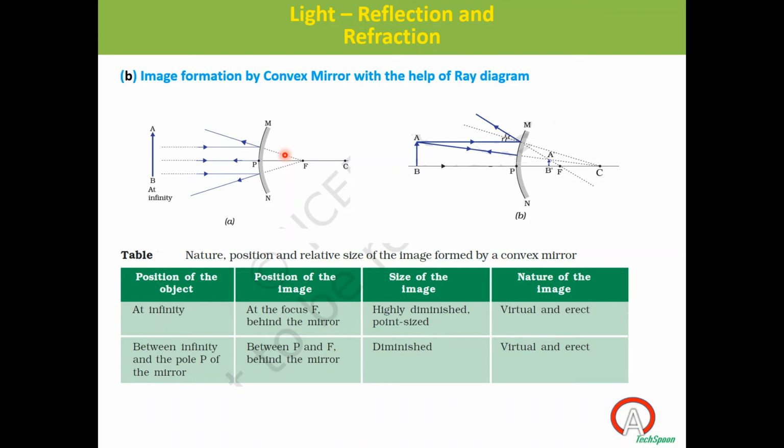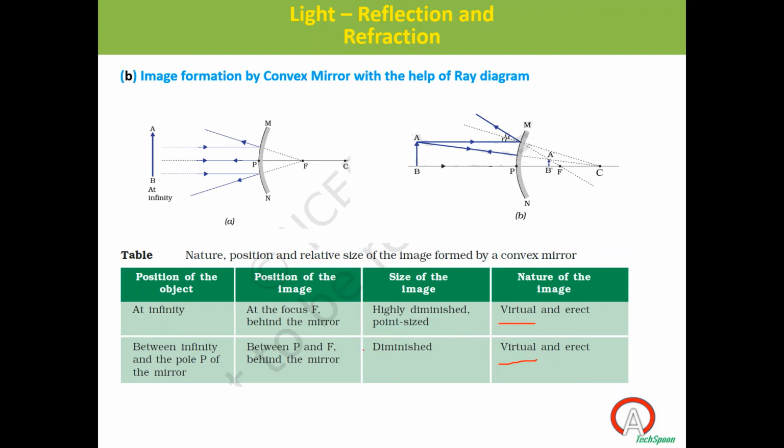So I'm getting the image behind the mirror. If you see through that mirror, you can see your image in such a way that it is standing behind the mirror. So it's a kind of virtual image, right? You see both the cases, you are getting a virtual image. Your first point is clear, that you understood the concept clearly. So what do you mean by real? What do you mean by virtual? You understood. So for a convex mirror, you will always get a virtual image.